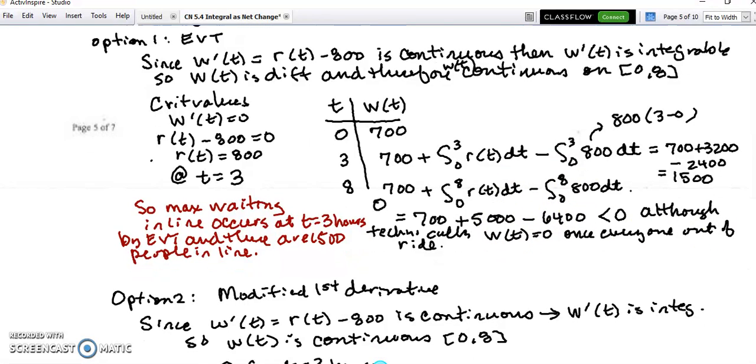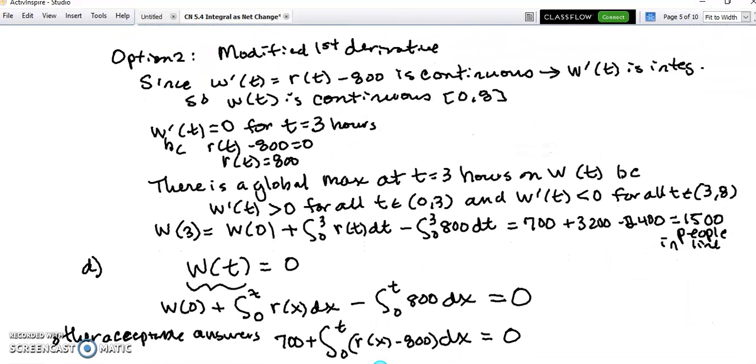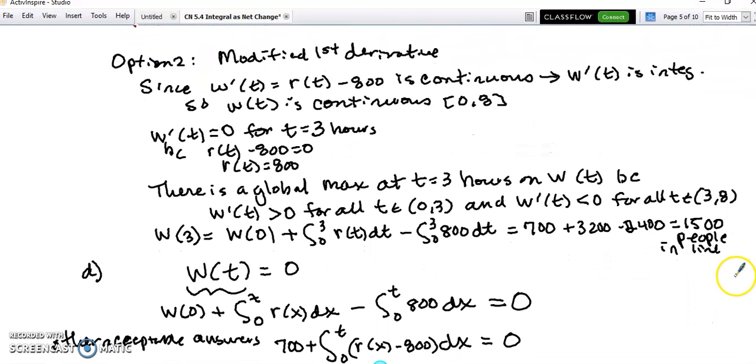I didn't like this because there was a lot of calculations for that, and it was a little weird at the end. You could have done this by the modified first derivative, and I just thought I would show that. You still want to talk about that W of t is continuous, same reasons as above. You still find your critical value, which is t equal to 3, and then you just simply go, hey, well, that has to be a global max at t equal to 3 because the derivative was positive for everything from 0 to 3